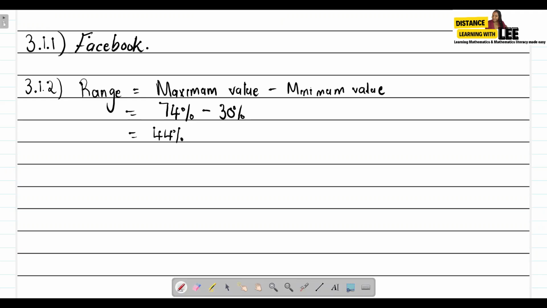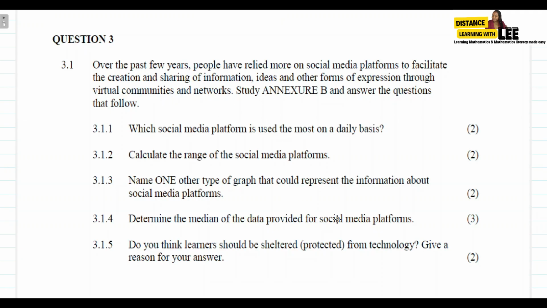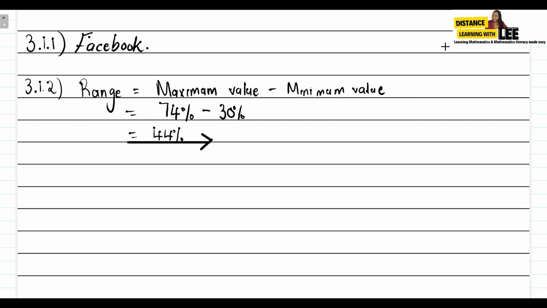Therefore, our range is 44%. Next question 3.1.3. Name one other type of graph that could represent the information about the social media platform. In this case, what other graph can we use to represent the information given here about social media platforms? We can also use a line graph